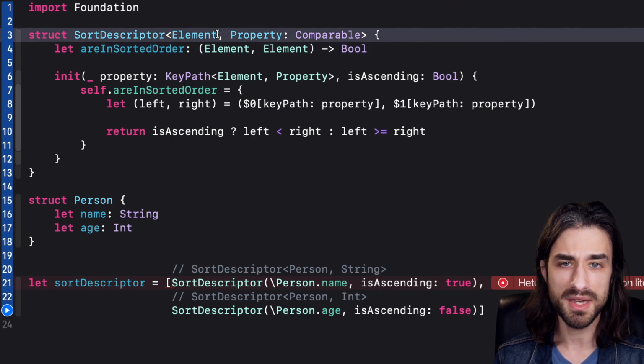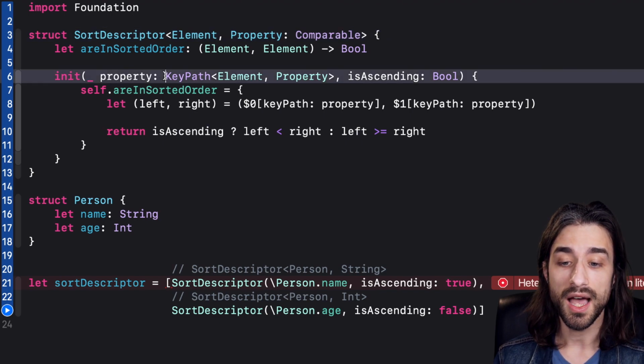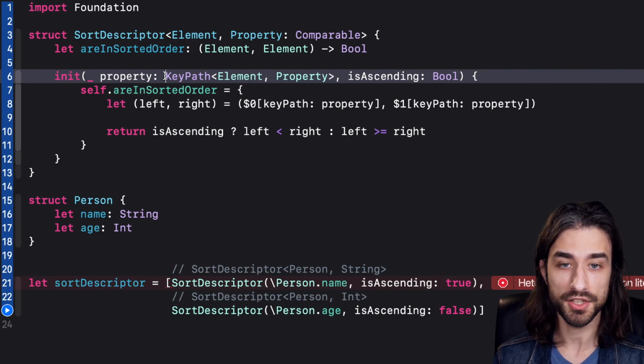So it makes sense to keep the element around as long as an instance of SortDescriptor is in memory. But the property argument is a little bit different, because if we take a look at the init, we can see that after the init, we no longer use this type Property. It's very important that we have it in the init, because this way the compiler can check that we are indeed providing a key path to a property that is a property of the element and that is also Comparable.